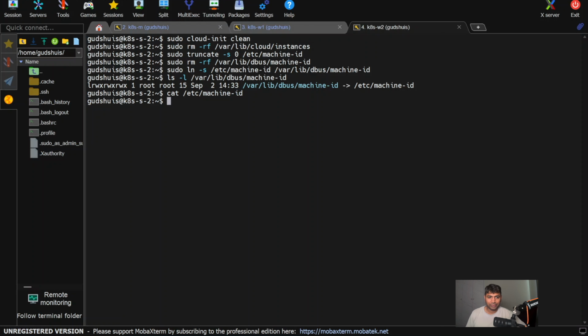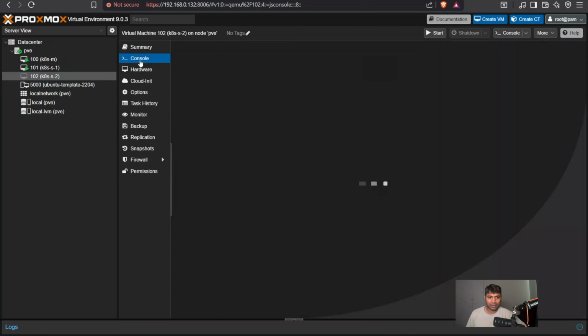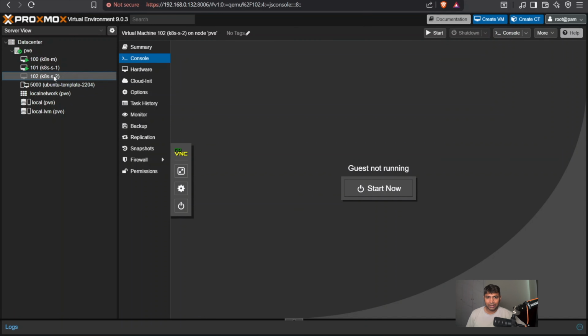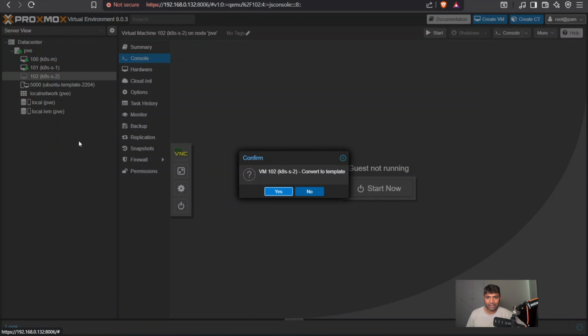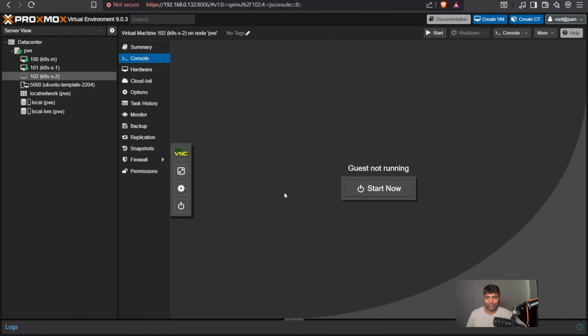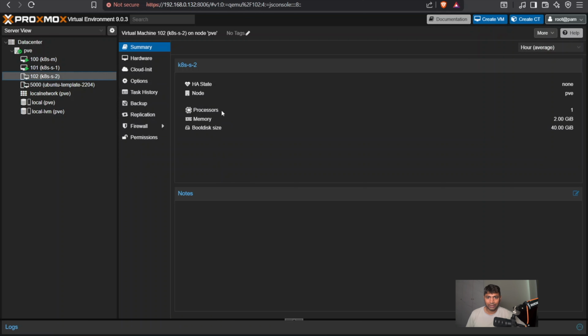Let's power off. Type in the command sudo poweroff, and the template would safely be created from s2, that is worker node 2. We right-click and create a template, and from the template we're going to create a virtual machine. Then we're going to create a clone virtual machine from that. What we're going to do next is right-click on the created template and click on clone,